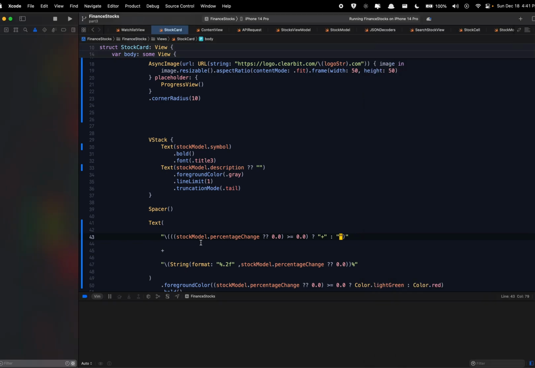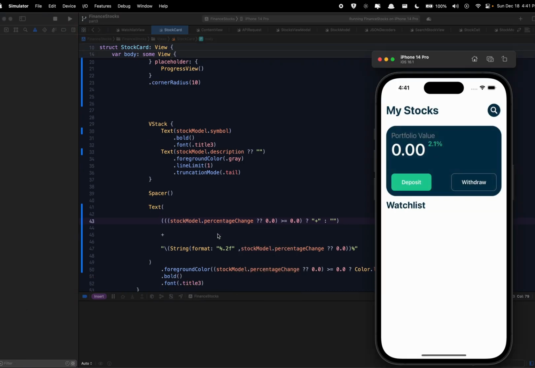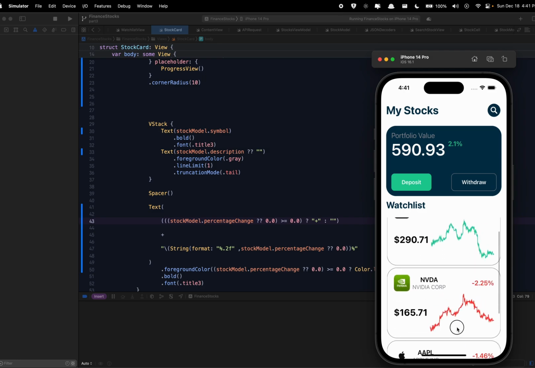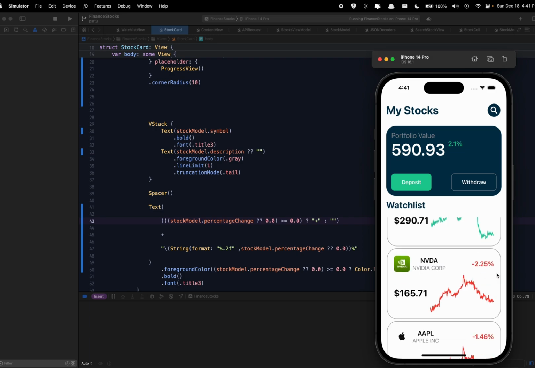So yeah, I don't think we need these things then. The ones on the outside, because in text, SwiftUI text, I'm pretty sure you can just add strings together. Yeah. Okay. Great. It's working. So if it's positive, then it'll give us a plus in the front, and if it's negative, it'll just stay the same as what we pulled from the API,